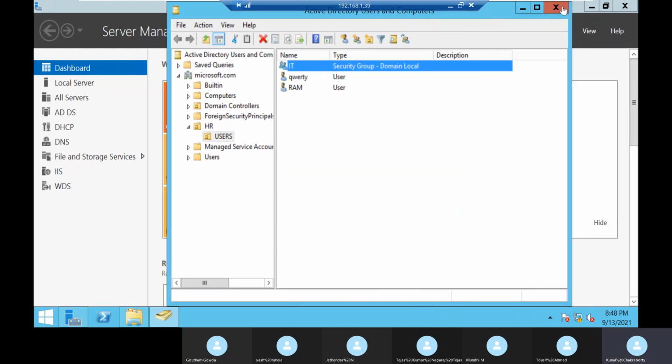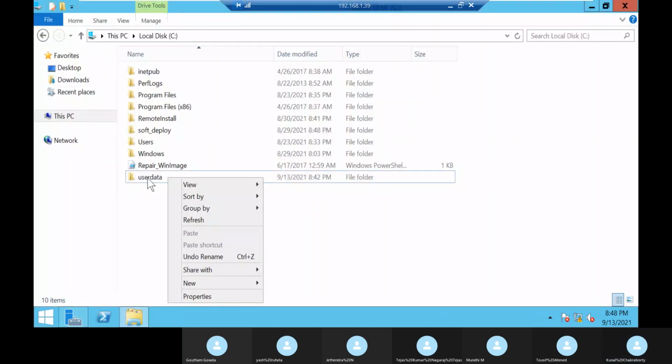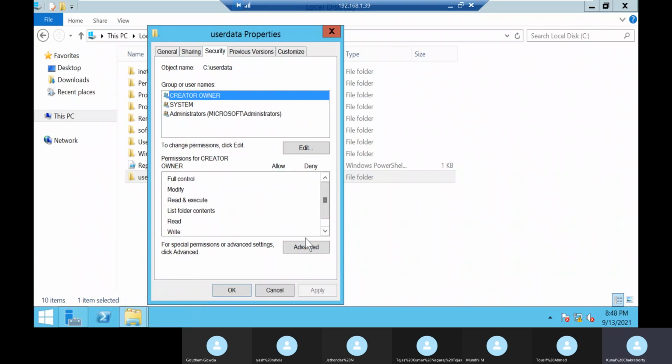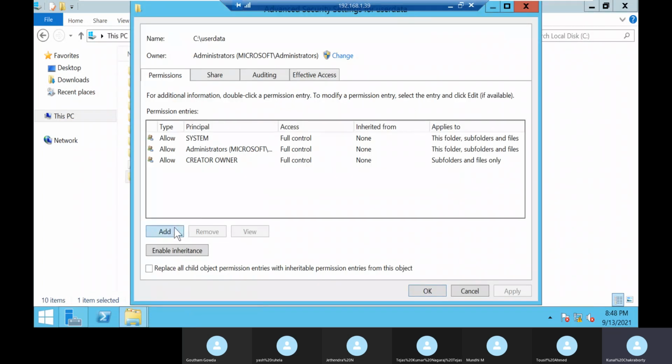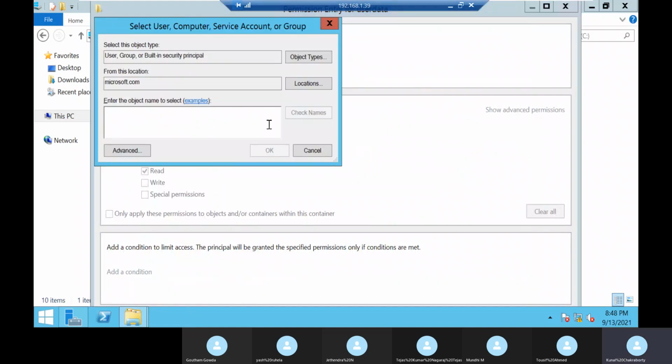After doing this, go to your folder, as we have missed something here. So go to properties, security, advanced. Here add this one group that you have just created. So this is a group. Click on OK. Or else if you don't know which one is a group, you forgot your group name,